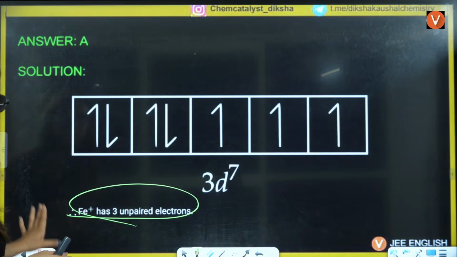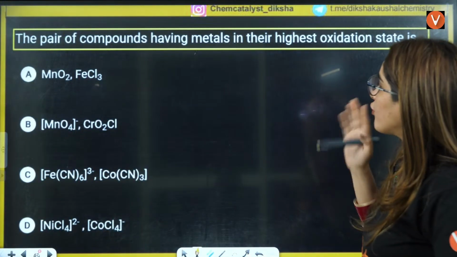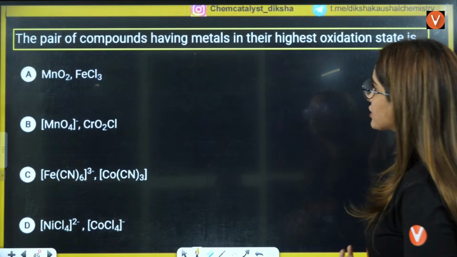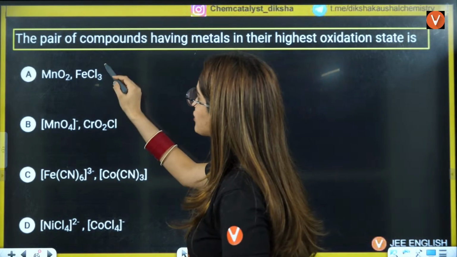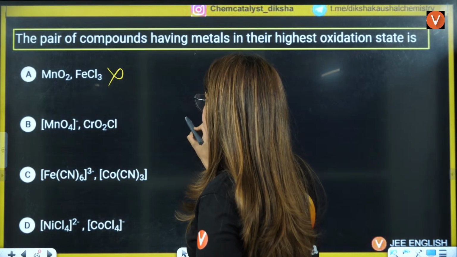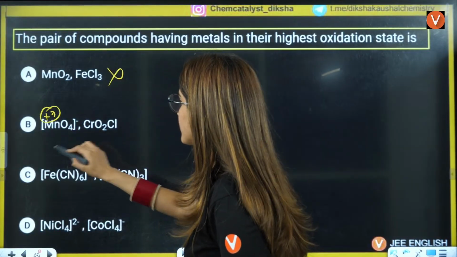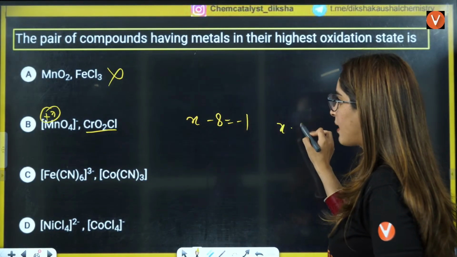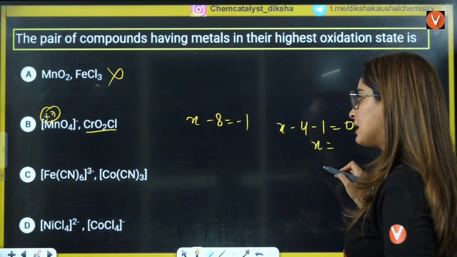Okay. Next question is, the pair of compounds having metals in their highest oxidation state. See, MnO2 is definitely +2, so it is not possible. If you see this here, it is X minus 8 is equal to -1. So Mn is in +7 oxidation state. It is X minus 4 minus 1 is equal to 0. So X is, wait a minute. This will be